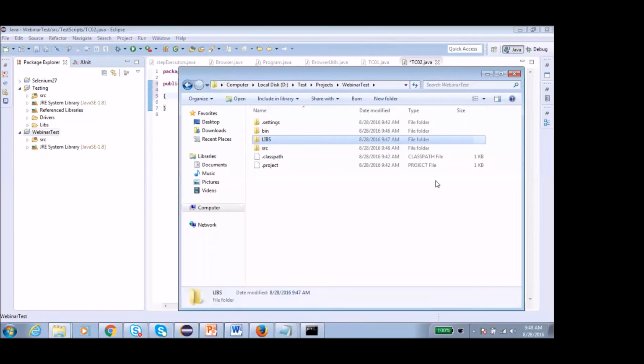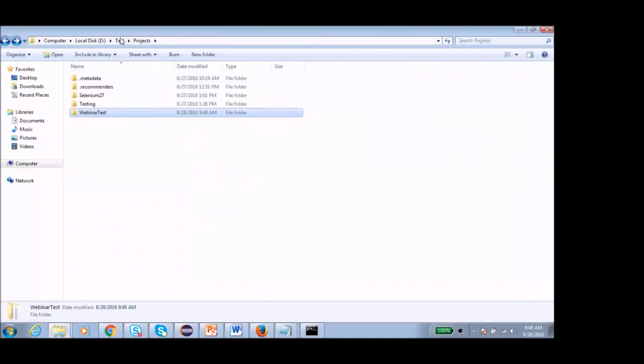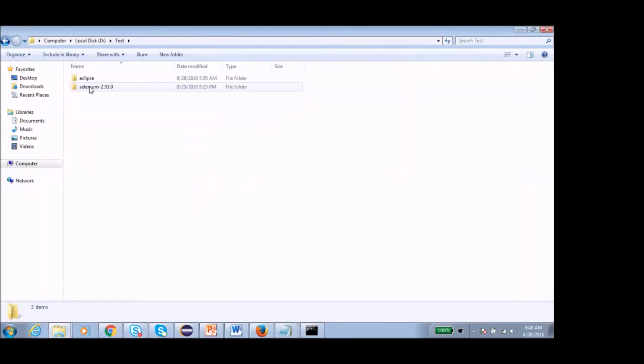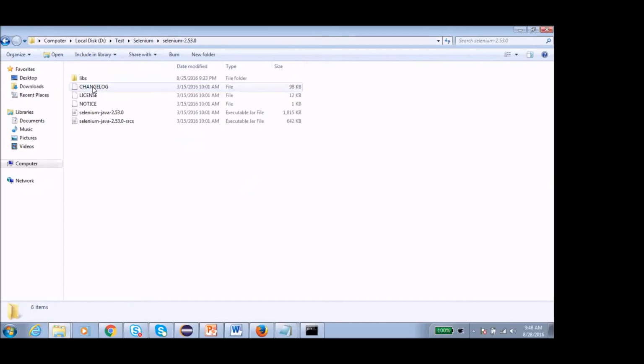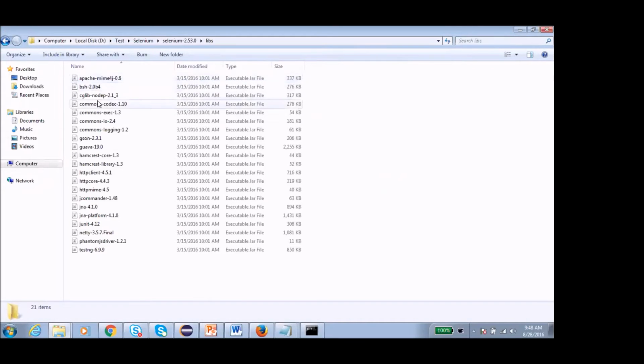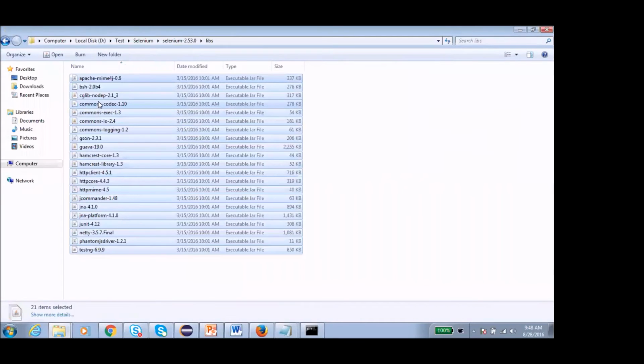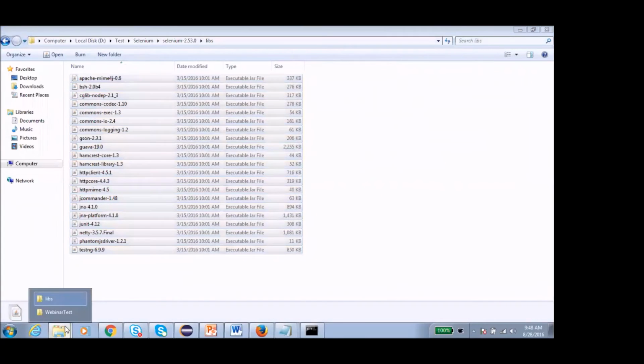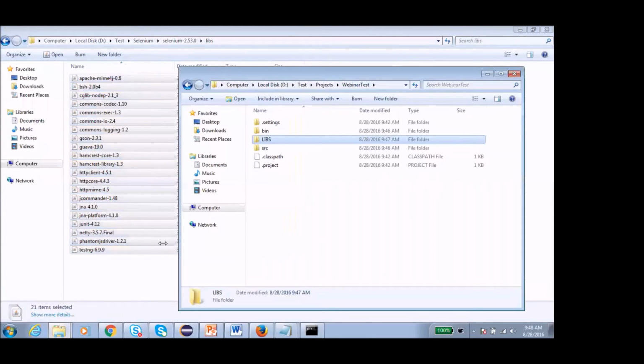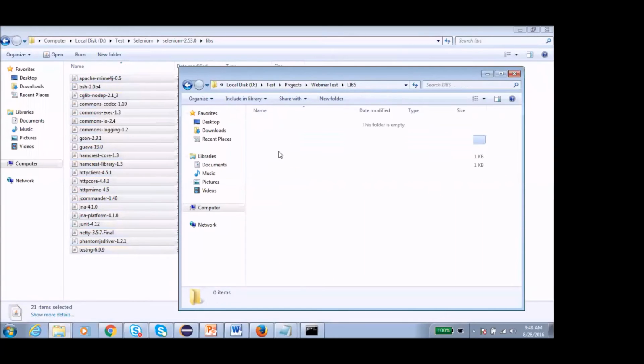This will be the library where we keep all the executable jar files you have seen some time back, like the Selenium jar files. Just copy this lib folder, all the jar files, and place it in libs.